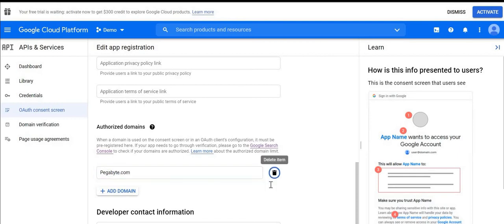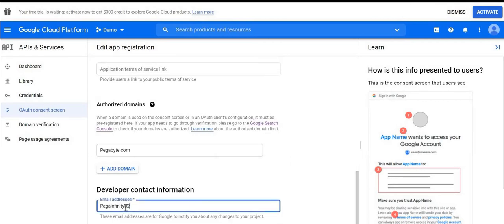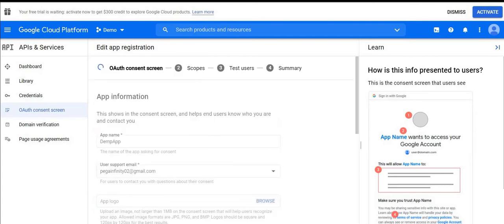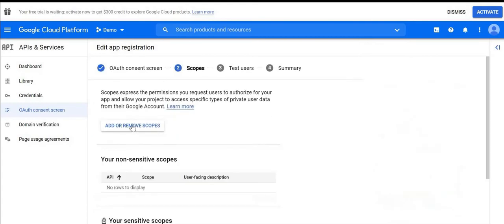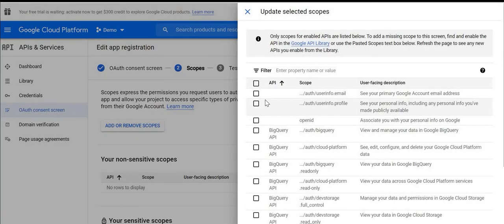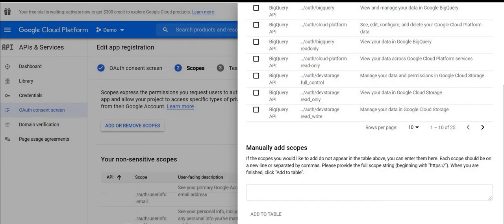My personal account ID is pegabyte.com, so I'm logging in with that. You can also give the Gmail ID where you can set the notifications. After that, save and continue and add these three things, email, profile and OpenID, so that you can log in through them, and add that to the table.